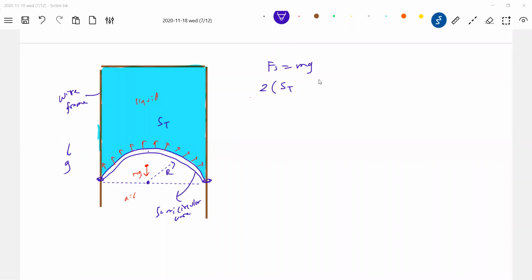No. Effective length should be 2r, no? Not pi r. Why 2? Because 2 surfaces. Another student will write surface tension into pi r, sir. No, not like that. This is the correct one. Any reason for that? If you take again, go back to the